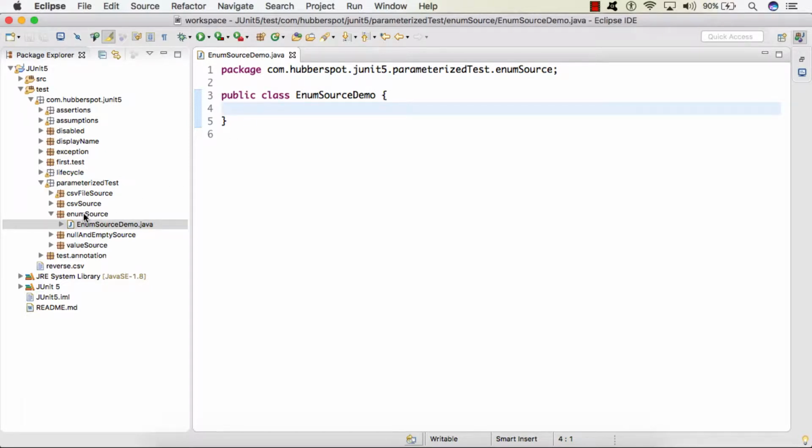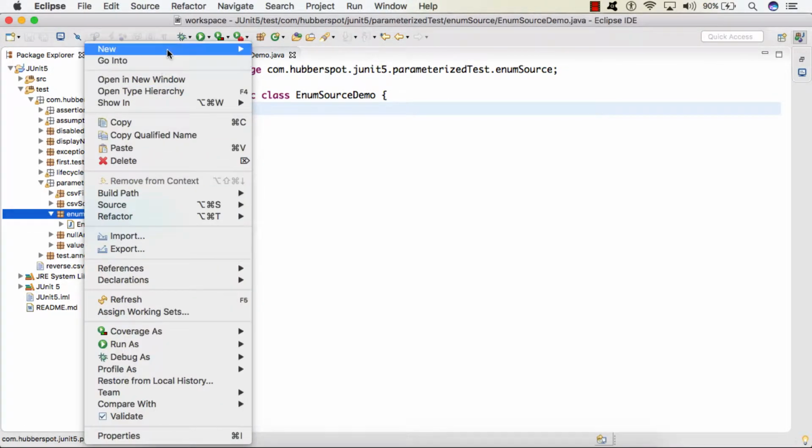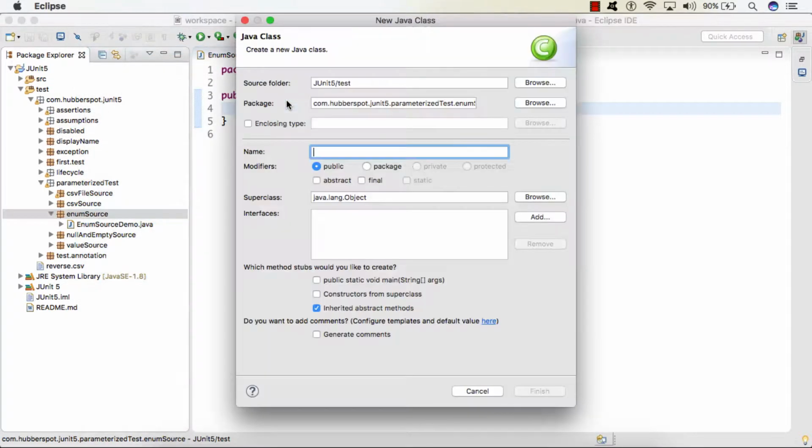So friends, here in our enumsource package, I'll simply create an enum with different constant values. Let's say I give the name Animal to this enum.